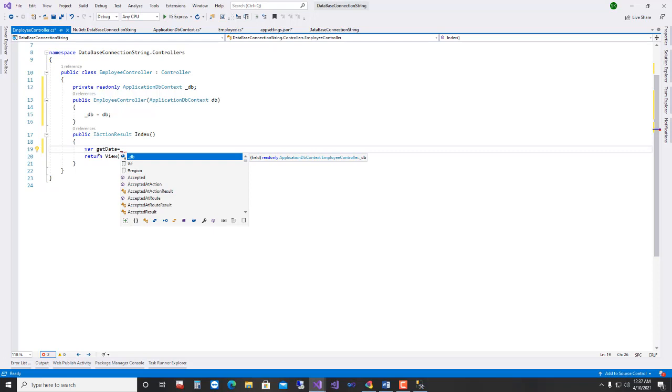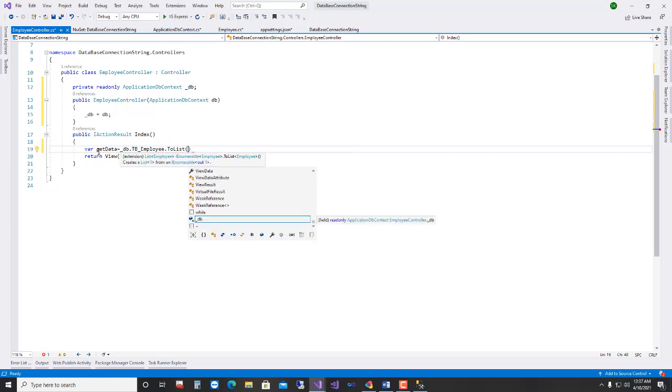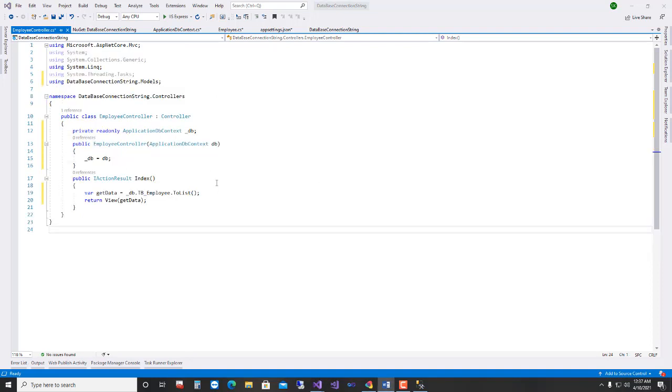So db dot Employee ToList, because I want to return the data as a list. I am passing getData to this view.